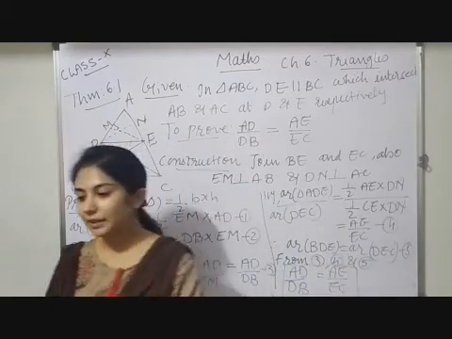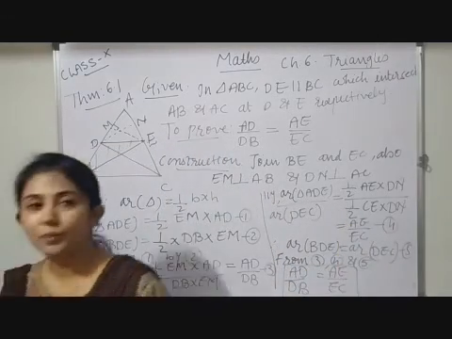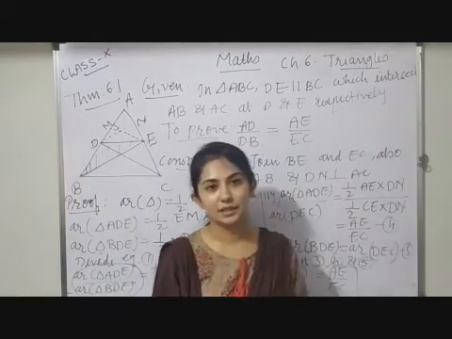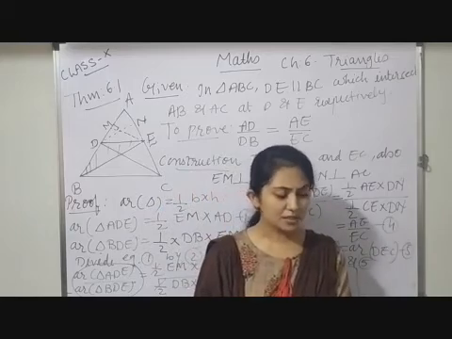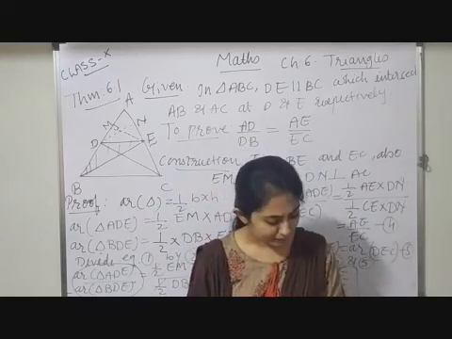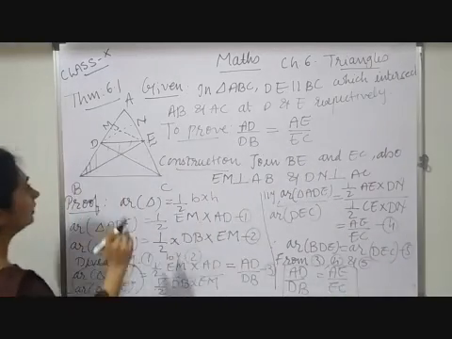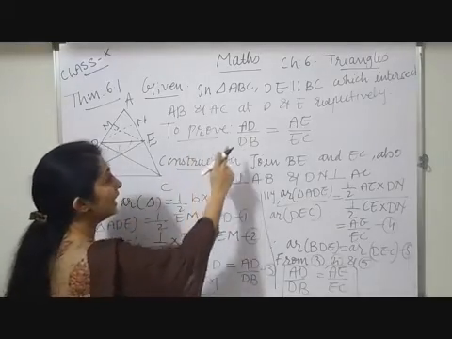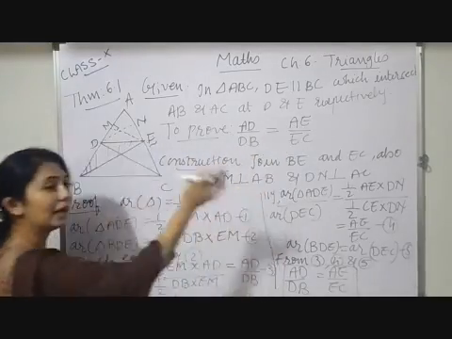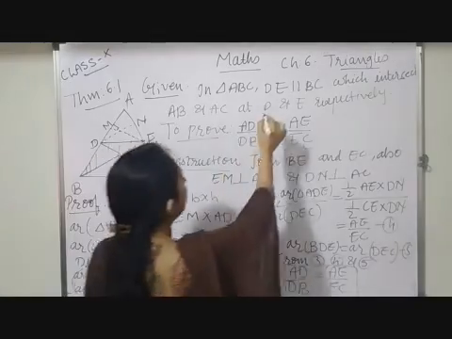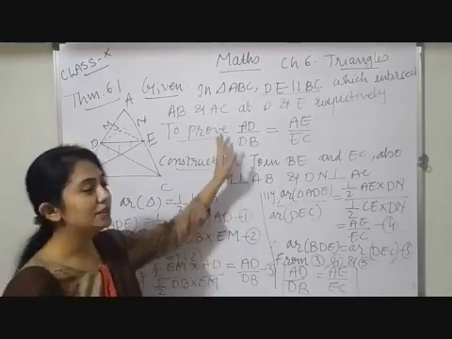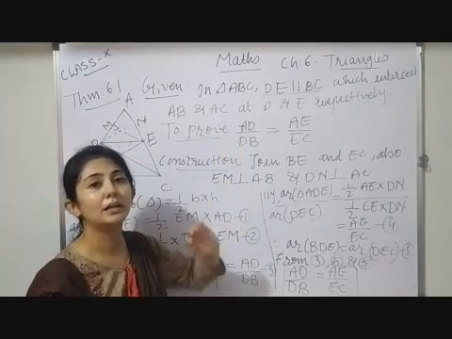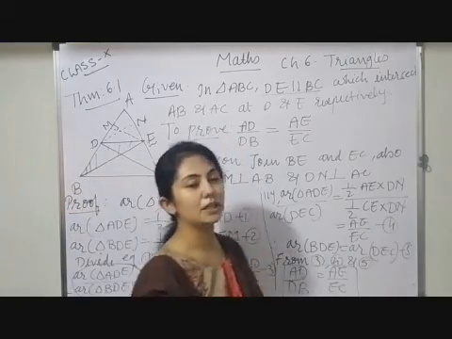Now the next theorem given in the textbook is the converse of this theorem. That theorem you don't have to prepare. You just have to remember its statement as they have given it: if the sides are in a ratio, then directly I can say that DE is parallel to BC. It's the reverse part. You just have to remember that statement to solve the next exercise. Hope it is understood to you.